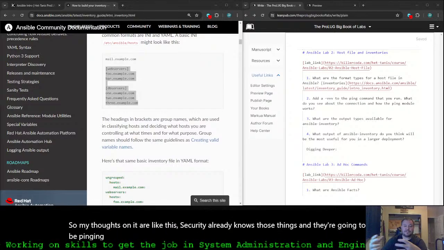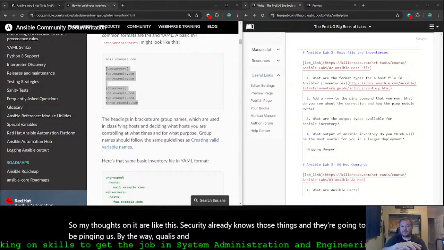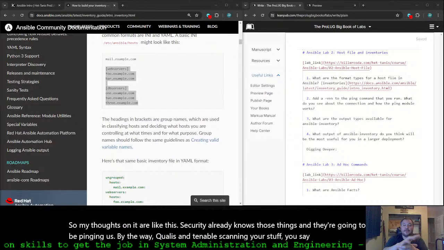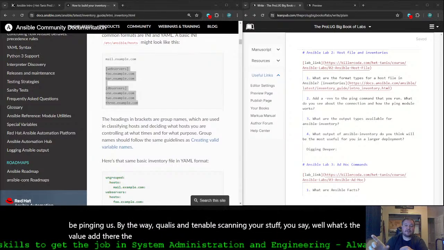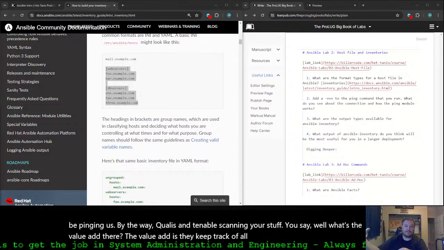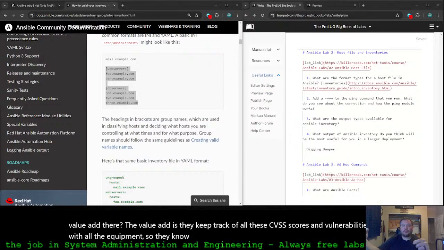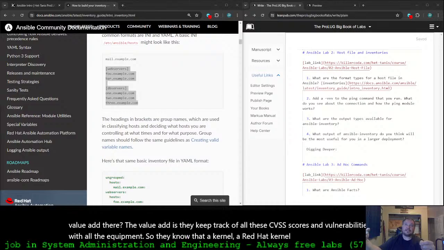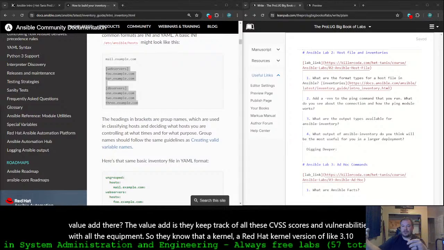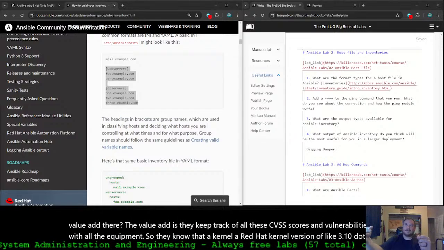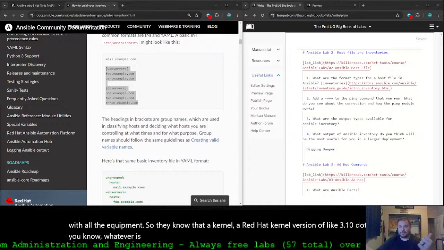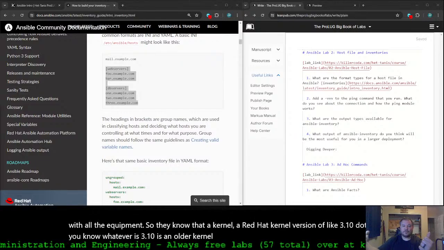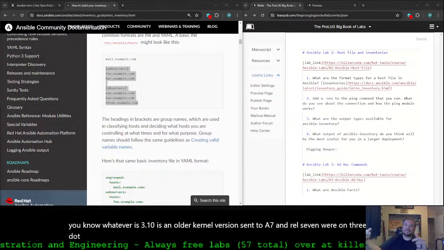By the way, Qualys and Tenable scanning your stuff, you say, well, what's the value add there? The value add is they keep track of all these CVSS scores and vulnerabilities with all the equipment. So they know that a Red Hat kernel version of like 3.10 is an older kernel version. CentOS 7 and RHEL 7 were on 3.10.